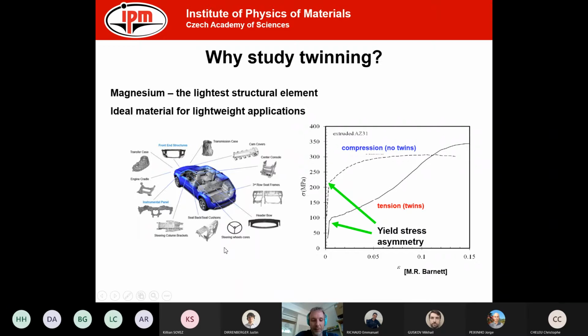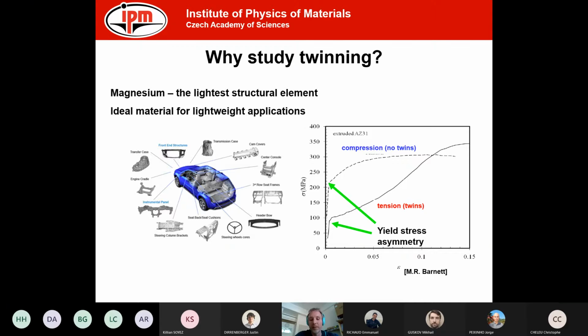Here I just found some sketch where there are some parts in the car that can be potentially made of magnesium, and which of course will reduce the weight, and that means reduced consumption of fuel or electricity, depends,